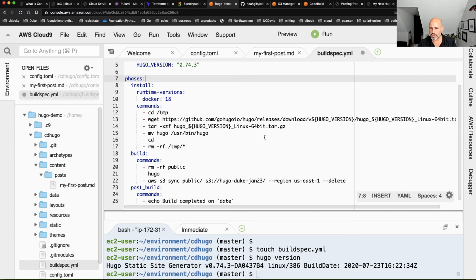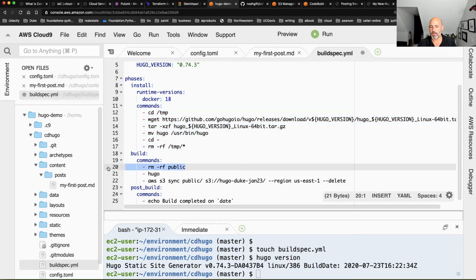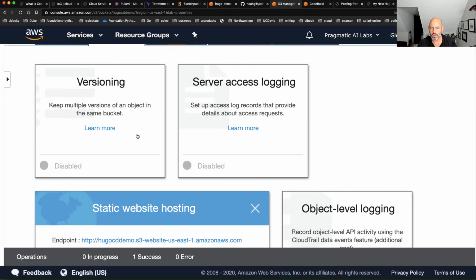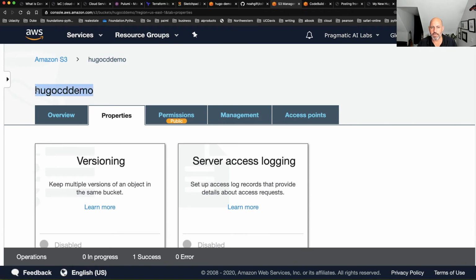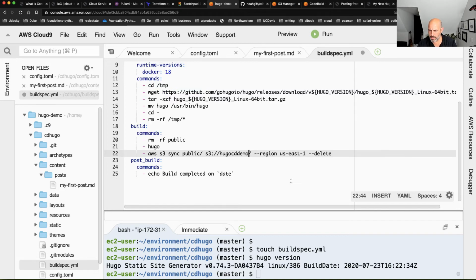And then I believe we only need to change a few other things. So it's going to grab the right version of Hugo, right? It's going to create the Hugo inside of our project, just like we did locally. We're going to remove the public files, in case they're there. There probably won't be. We'll also put the new S3 bucket. So we know that the S3 bucket is called Hugo CD demo. So let's put that in there. We'll just say that's the bucket, just like that. Looks good. And the region is US East,